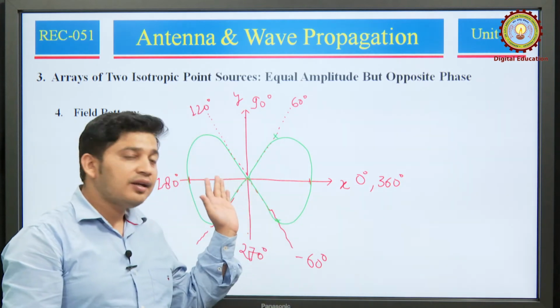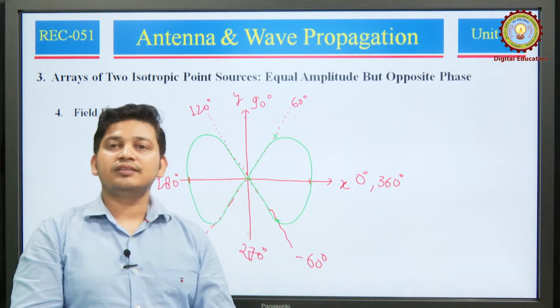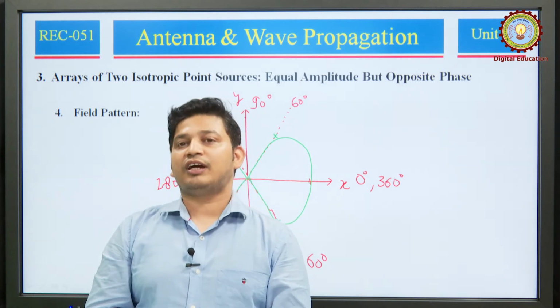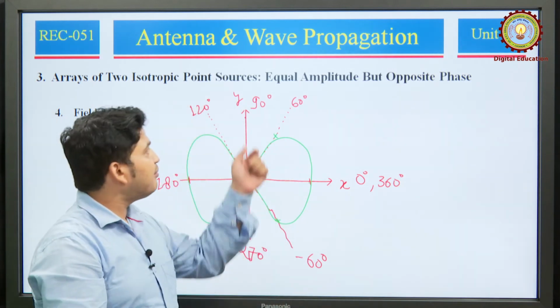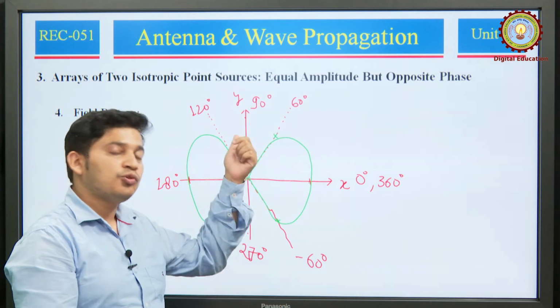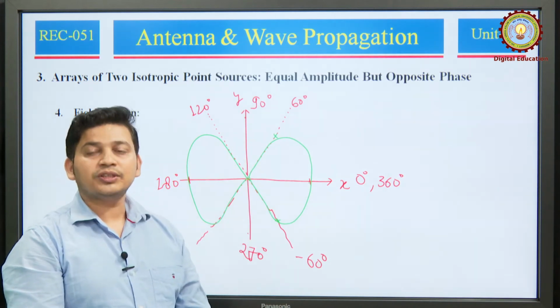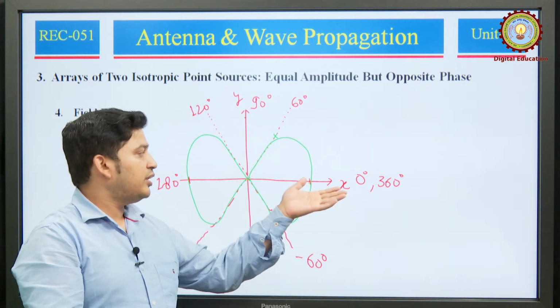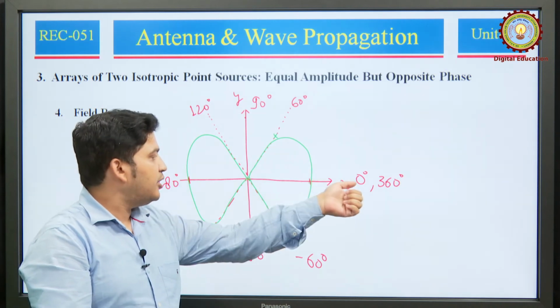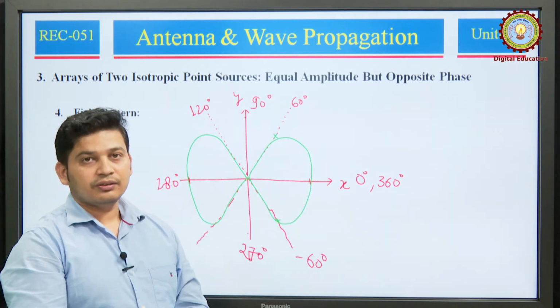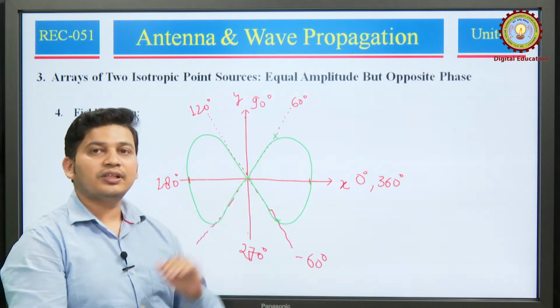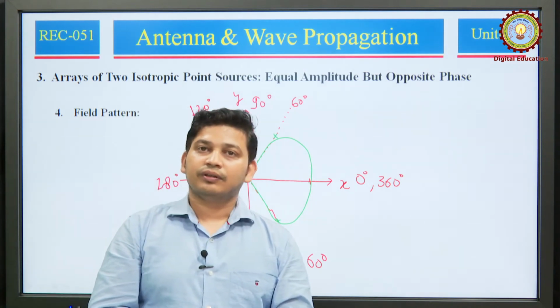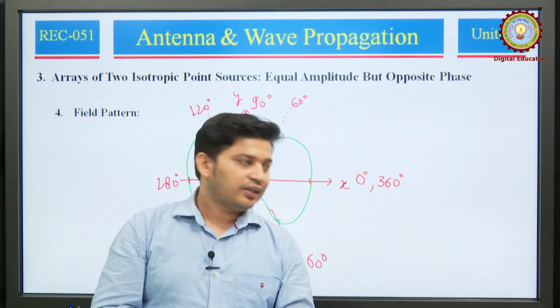Now, if you compare this pattern to the previous case, that is the same phase, what is the difference? Earlier we had maxima in the direction of 90 and 270, because it is a cosine function, and now when it is changed to sine, the maxima change to 0 and 180 degrees. So, this is the only change in the radiation pattern of two isotropic point sources,